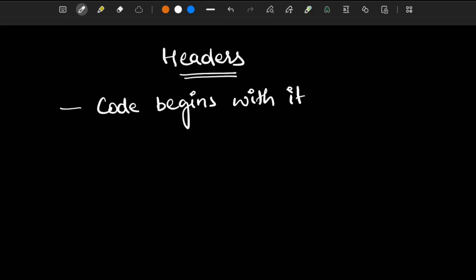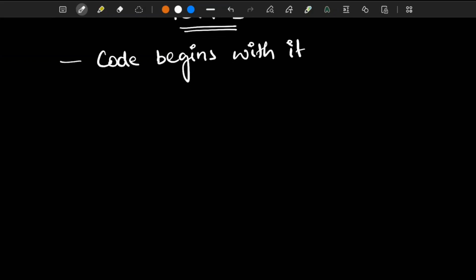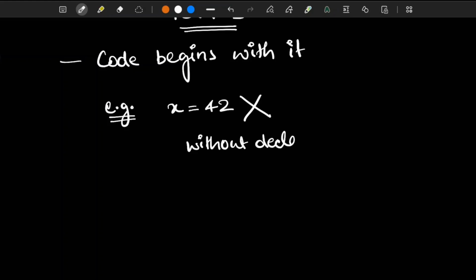The names of program elements such as variables, functions, and classes must be declared before they can be used. For example, you can't write x = 42 without first declaring a variable x, like int x = 42.